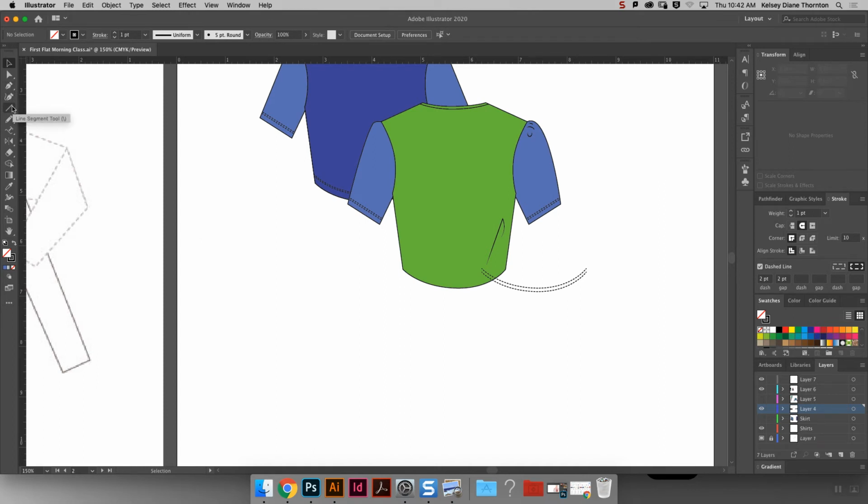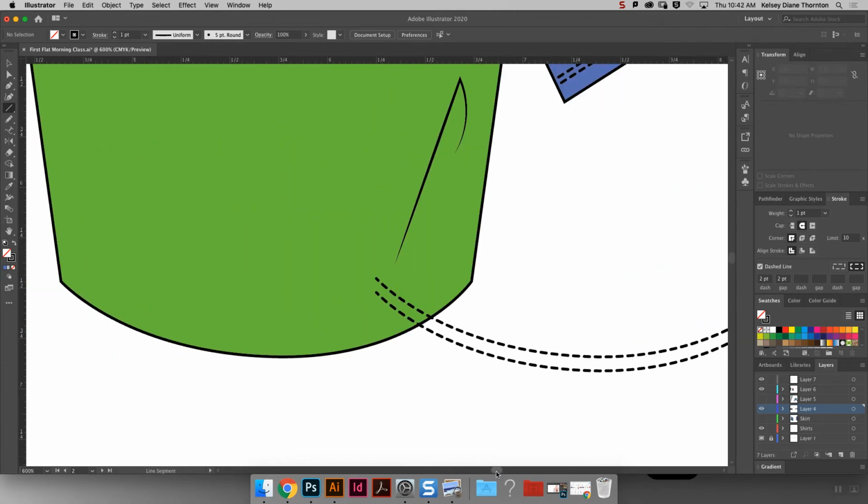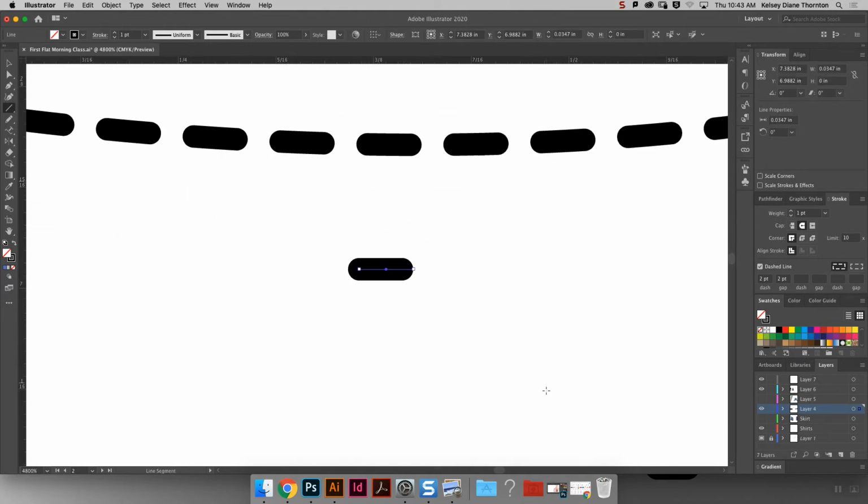So with my line segment tool, I am going to make a tiny line that is the size of one of these stitch lines. And this is vector, so if we need to, we can always make this brush bigger and smaller, no problem. So let's zoom way in here. This has caps on it. That is important. If we have the flats, it doesn't look good to me. Caps. So we've got the caps, and then we are going to just copy and paste this